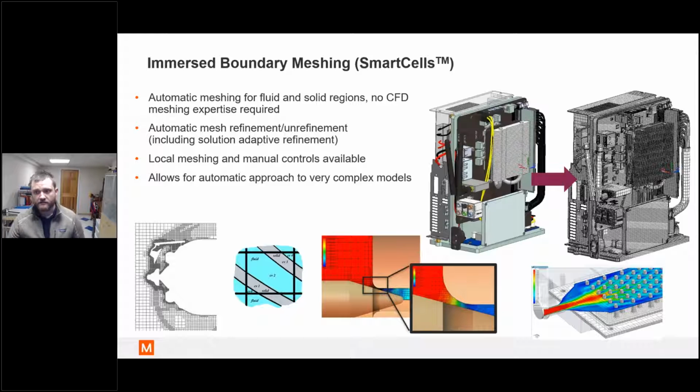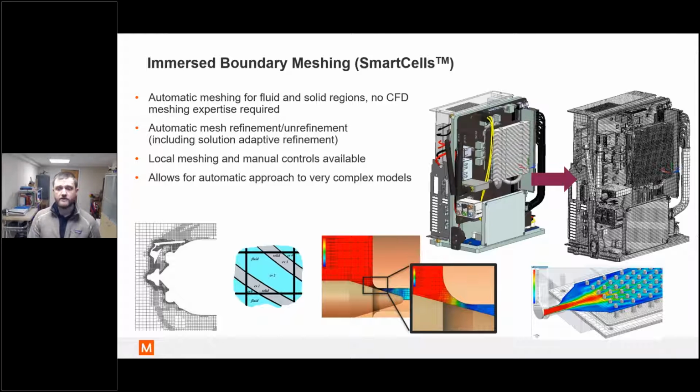In the Smart Cell technology, you can have multiple fluid and solid domains within a single cell. So one of the great things about this immersed cell technology is that it is all 100% Cartesian grid cells. You're not using tetrahedrals or polyhedrals, and this helps to keep the mesh count extremely low and do efficient calculations. And traditionally, for a regular CFD analysis, you would have to simplify your geometry, extract your fluid volume, mesh the fluid domain, mesh the solid domain, and this would take a lot of iterations. You'd have to be worrying about inflation layers to fully resolve viscous sublayers and things like that.